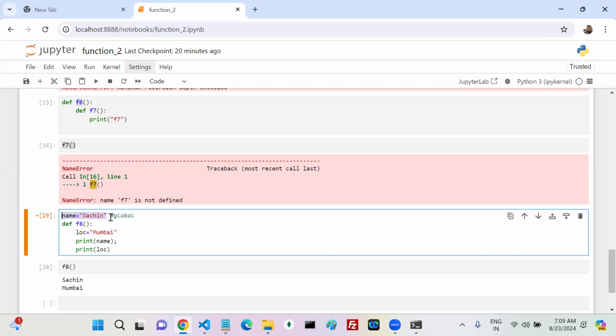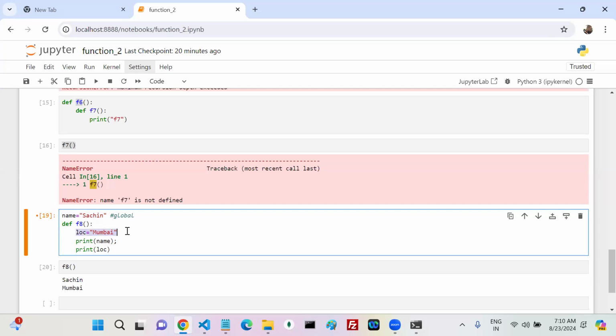If the variable is global, its lifetime and scope is that you can use it wherever you want in the notebook. So my name is a global one. After the definition, you can use this name wherever you want. So I use it where? Inside F8. Yes, is there a possibility or not? Why? Because it is a global variable or not. Yes or no? So my print name.